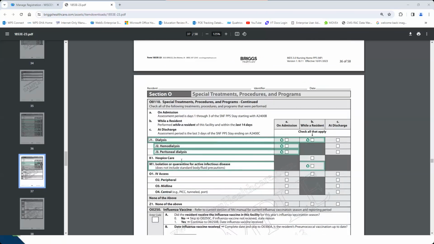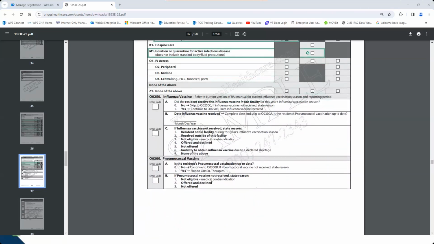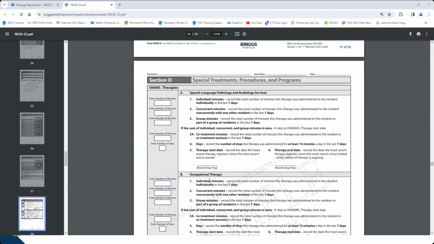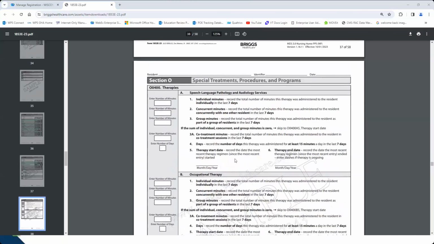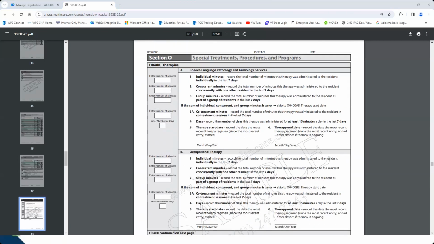Section O also goes on to include information about PT, OT, and SLP services. And this includes things like a valid plan of care, diagnoses, treatment diagnoses, daily treatments administered. Those are all things that we're going to look for in your documentation if you are marking that the person's having those. Now, again, you see these aren't money bag drivers, but they are a huge component of skilled nursing